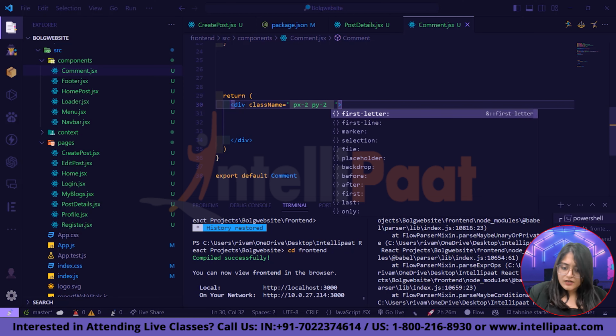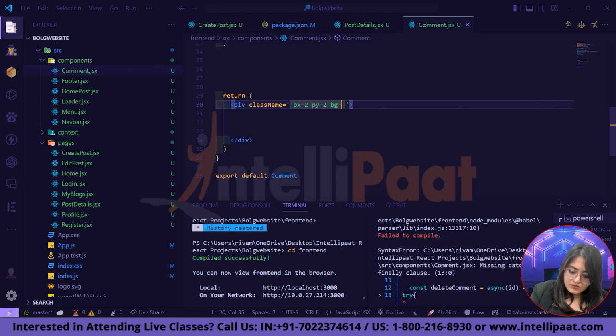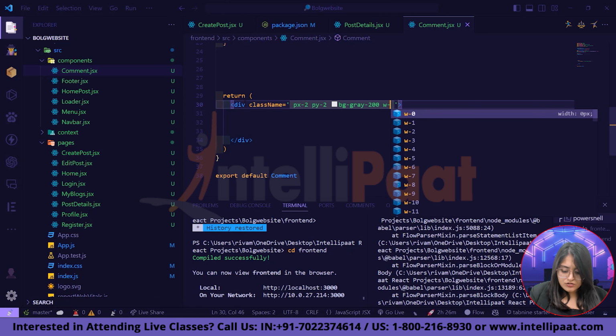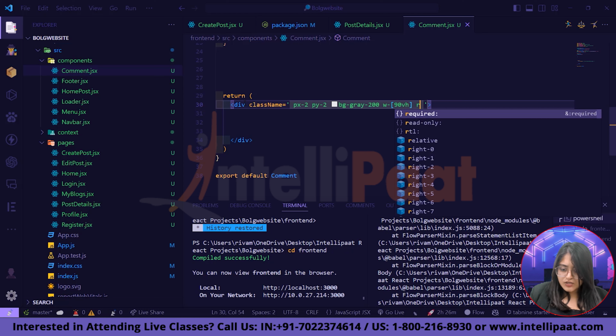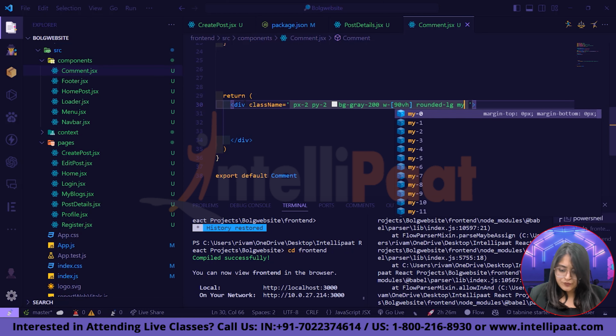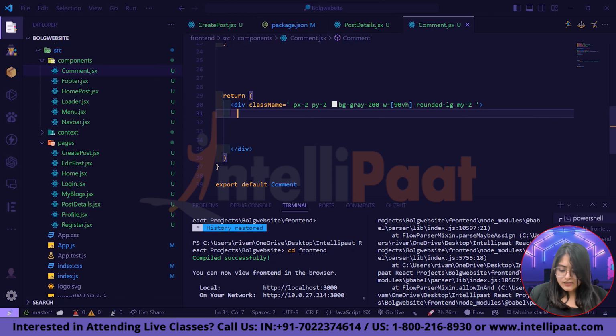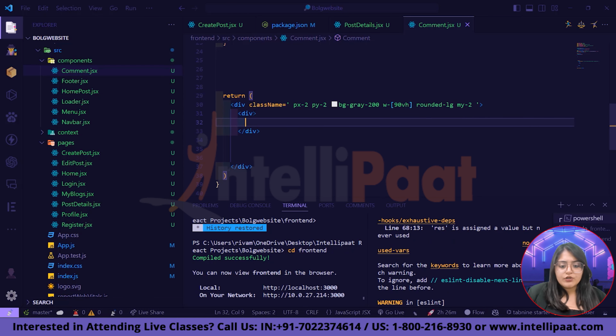Then let's make background as gray 200, and width will be 90 vh. Then let's make this as rounded lg and my 2. Fine. Now inside this I'll create one more div like this, and in that particular div let's also give some